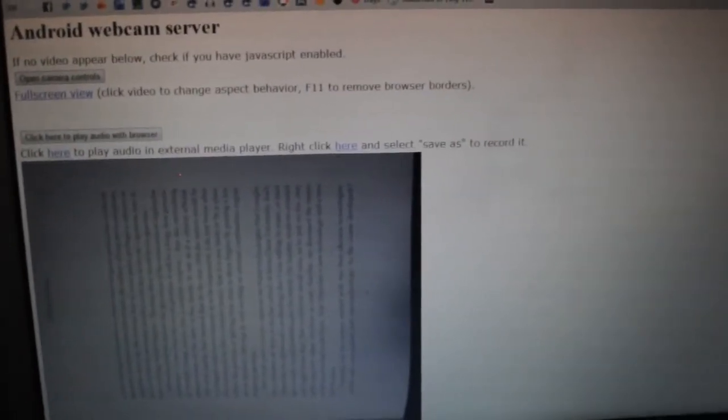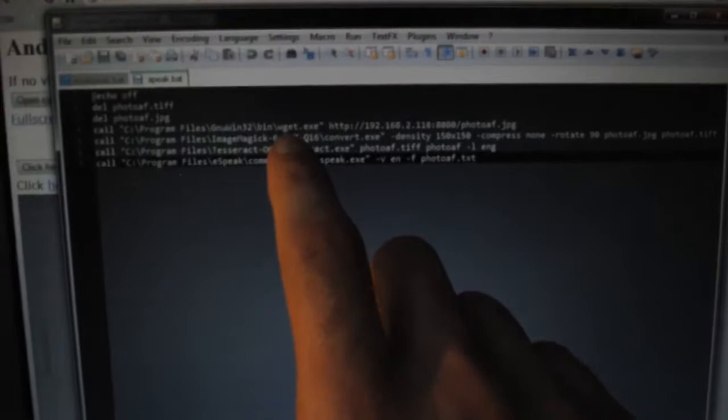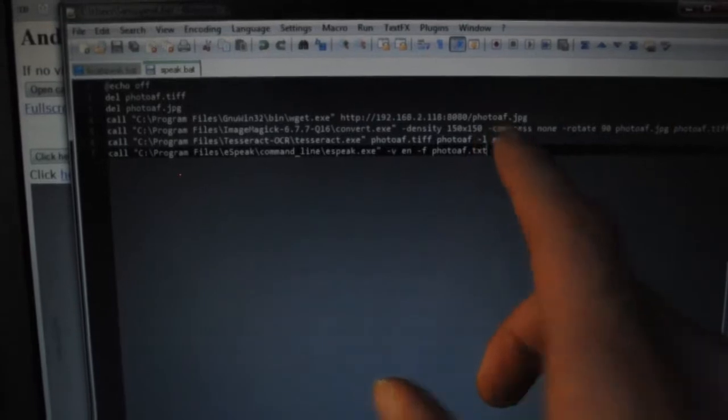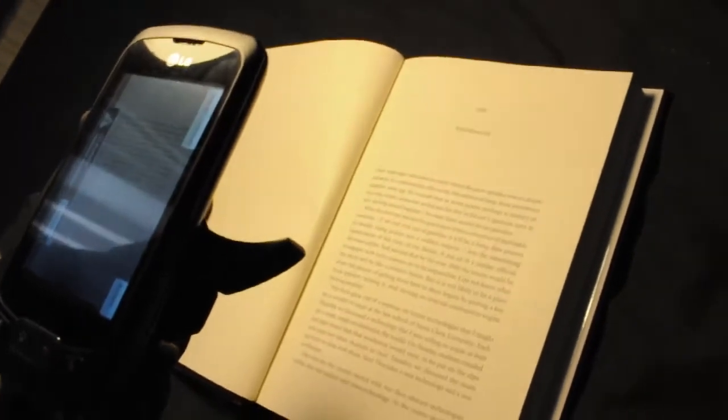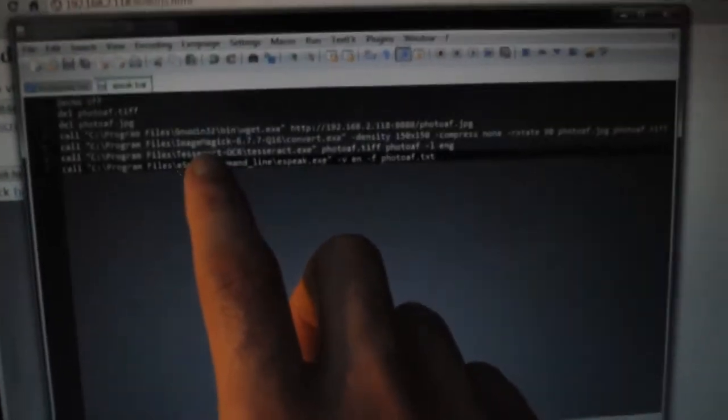You can see the real-time images are coming in. So what IP Webcam allows you to do is make a call to the phone and download a photo from it. And that's what I do in this little batch script here. This is using the Windows version of Wget, which will call the phone, and it will call for photoaf.jpg, which prompts IP Webcam to take an autofocus picture and pass it to the script. And Wget will save that to the computer, which I then pass to ImageMagick, which I use to convert the JPEG to a TIFF